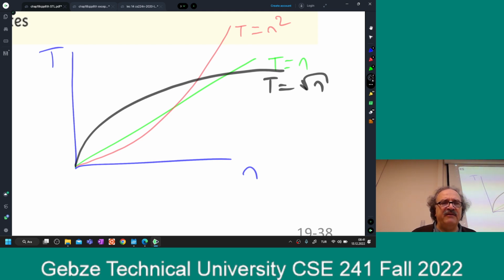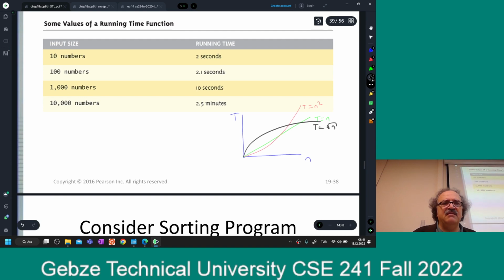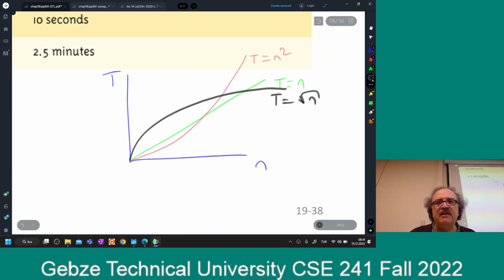These are not exact graphs. Which one would you choose? By looking at these graphs, this table will not make much sense because it doesn't give you one single number, and one single number doesn't work. Usually we prefer the black kind of algorithm, because if you increase n, the t increases